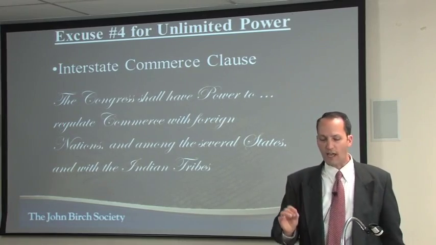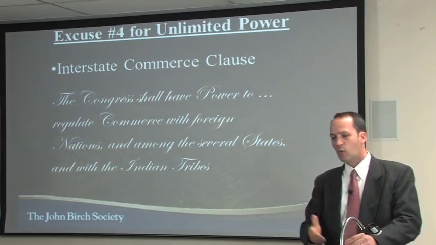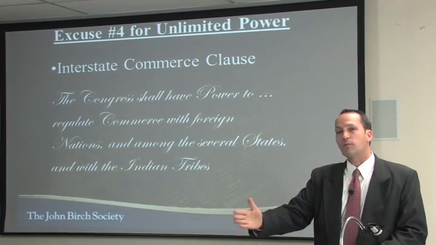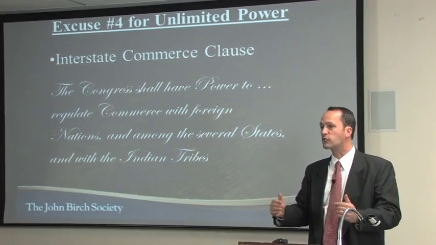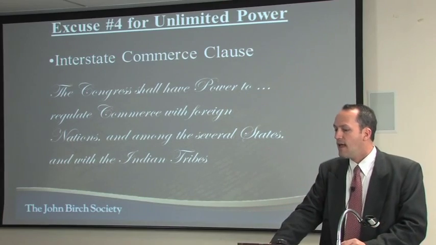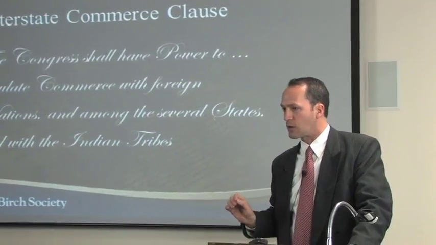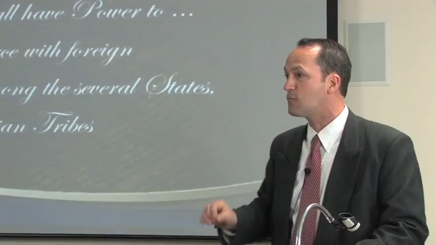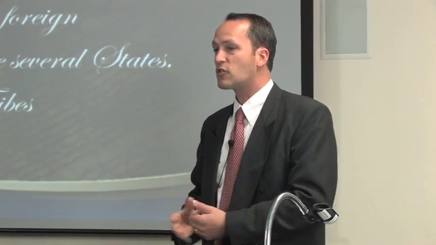So much so that they decided, we're going to help our farmers out because they're struggling. We want the farmers to be able to make a good living wage without having to work so long and hard. So what they ended up doing was passed a law that farmers cannot raise more than a certain number of tons of grain. They limited the amount of grain that farmers were allowed by federal law to raise. And by 1942, there was a U.S. Supreme Court case known as Wickard versus Filburn, where Farmer Filburn was being tried for raising more grain than allowed by federal law. And in his defense, he said, yes, I did raise that amount of grain, but I was not engaging in interstate commerce, so I'm not subject to this limitation.